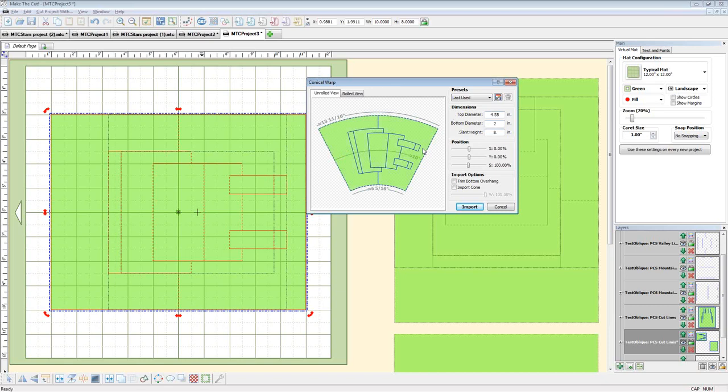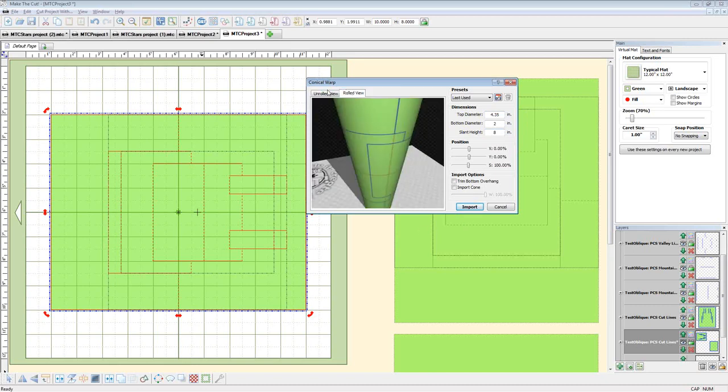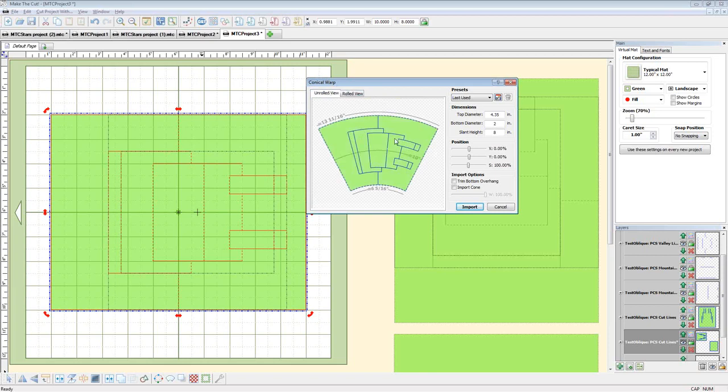There's a lot of parameters in here. I could change this in a couple different ways and still get about 10 inches in the middle, but it might be with a smaller bottom and a larger top. But I sort of like that view of it. Not too radical, but enough that you noticed it, right? And you can look at it in the roll view, but it doesn't really help you in this case because all we're doing is switching it here. And everything fits 100%, and that's why I chose the parameters I did. So if I import that,